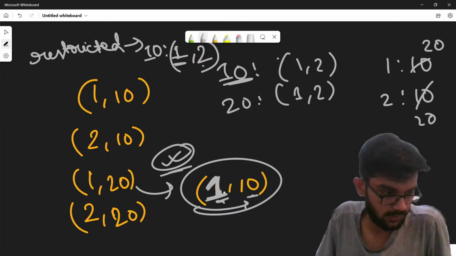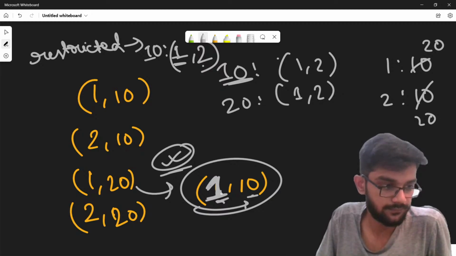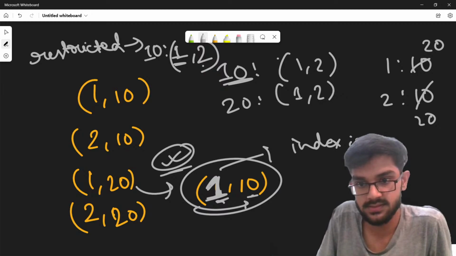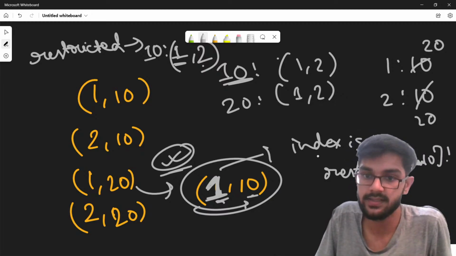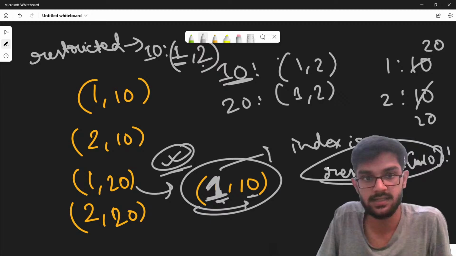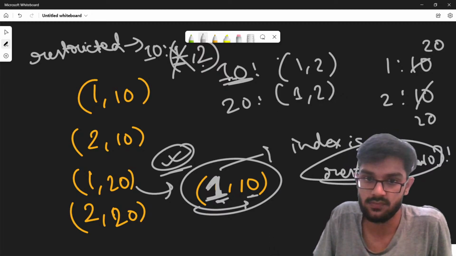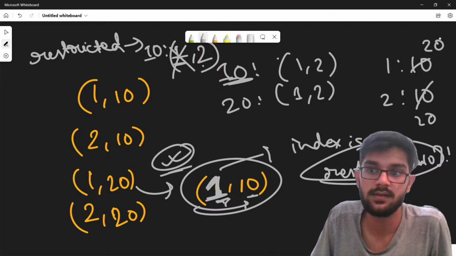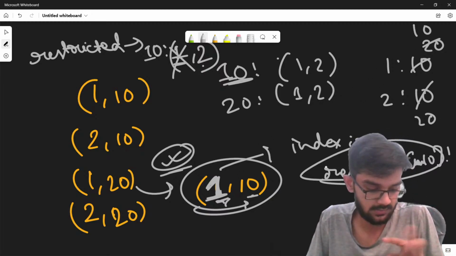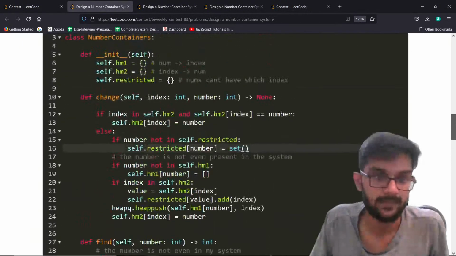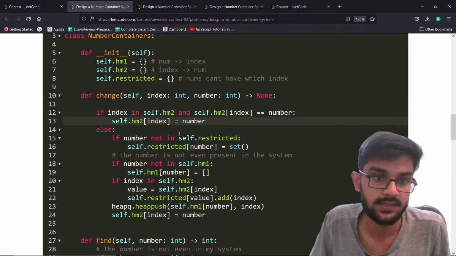if at all the number is restricted, so if the index I'm getting is in restricted of that number, in this case 10, in that case I'll remove it from the restricted. In that case only I'll remove. So I'll remove it from here, and on that note I can also say that at 1 update it to 10. So two things I need to do. What are the two things? I made this very complex, but still